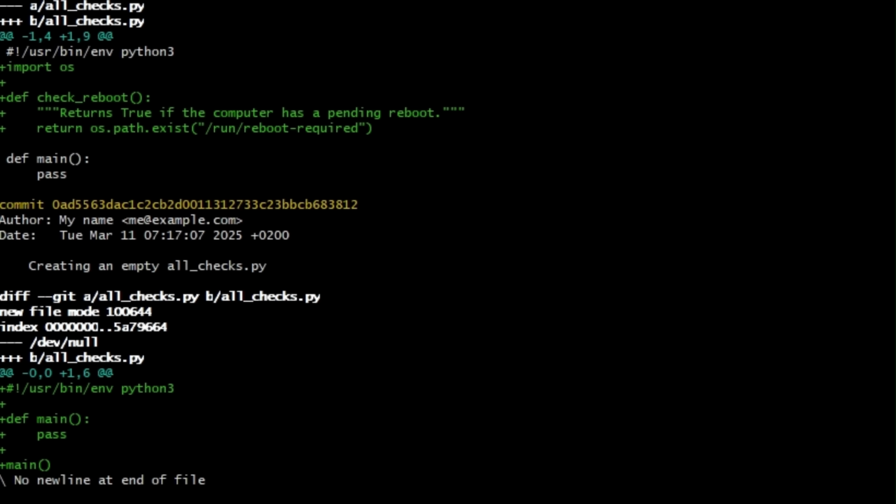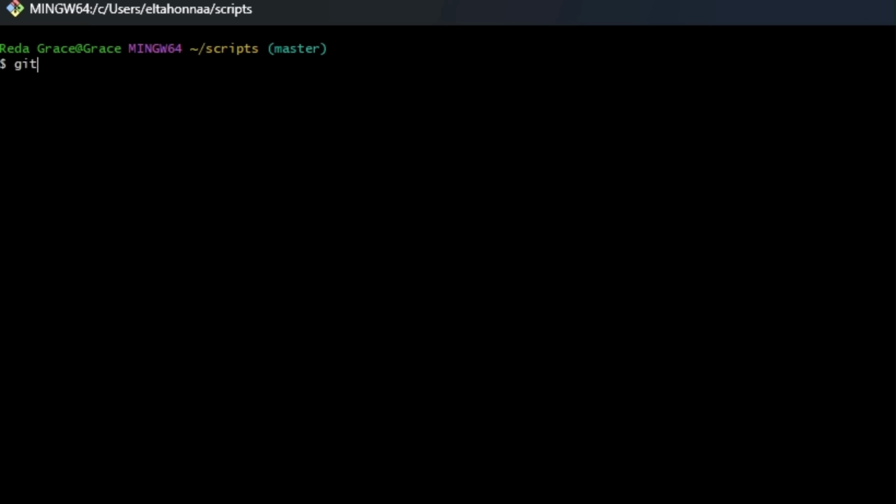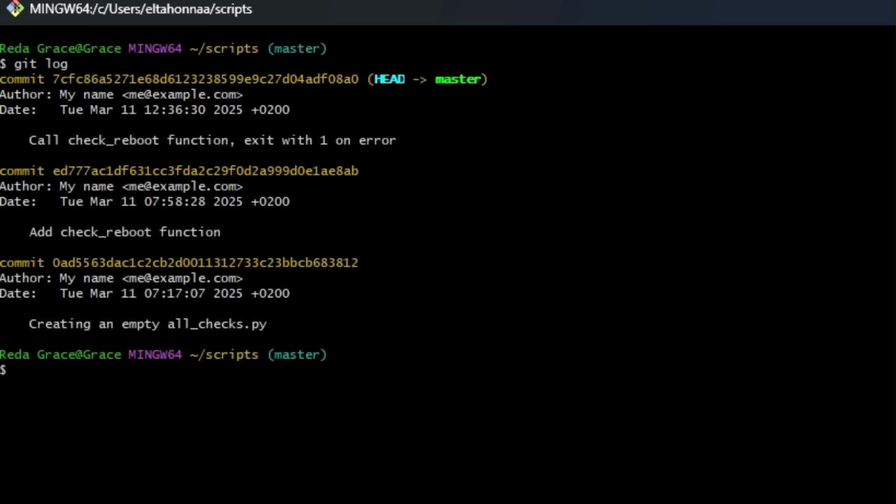If we don't want to scroll down until we find the commit that we're actually interested in, another option is to use the git show command. This command takes a commit ID as a parameter and will display the information about the commit and the associated patch. Remember that this is an identifier that we see next to the word commit in the log. Let's check this out by first listing the current commits in the repo and then calling git show for the second commit in the list.